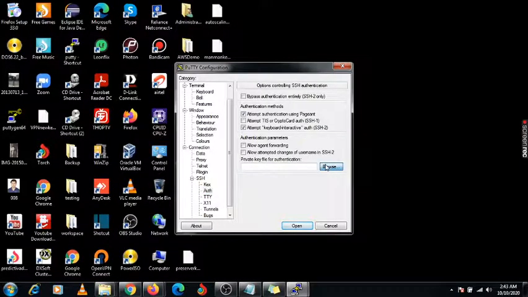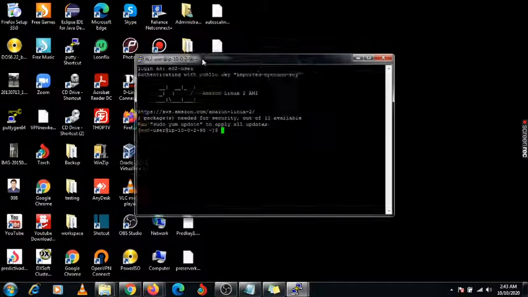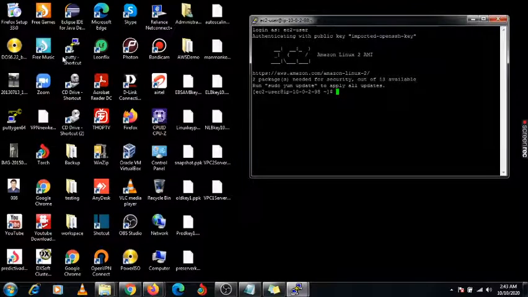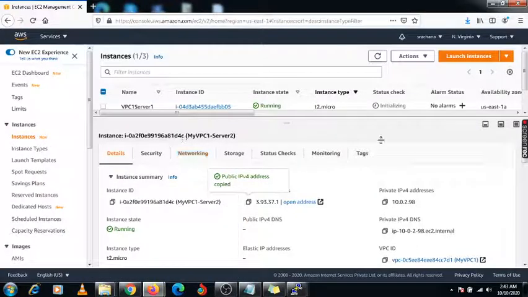Auth browse VPC 1 server and open it, ec2-user. Okay, now I am taking the putty of another server having this IP address. You need to copy it.